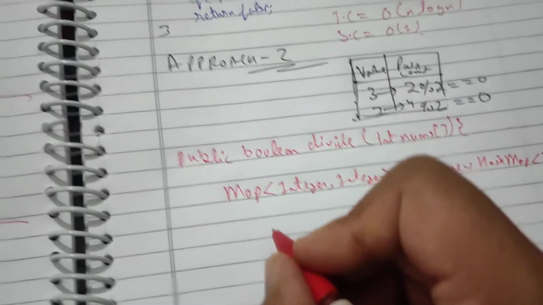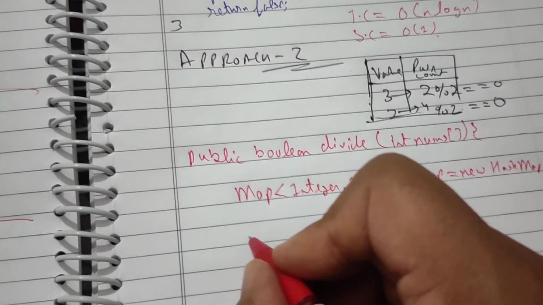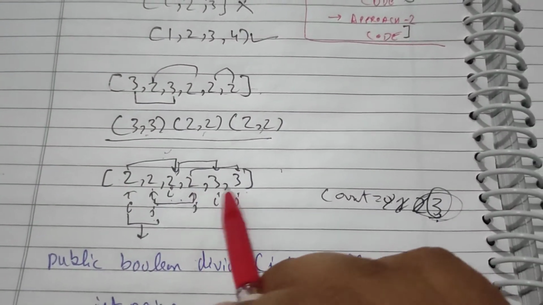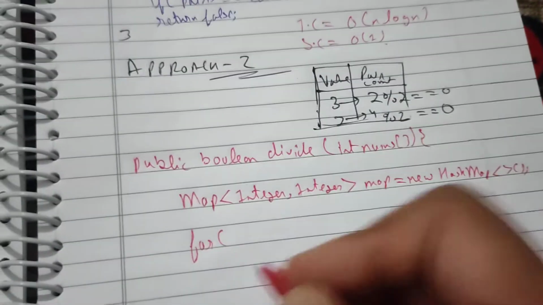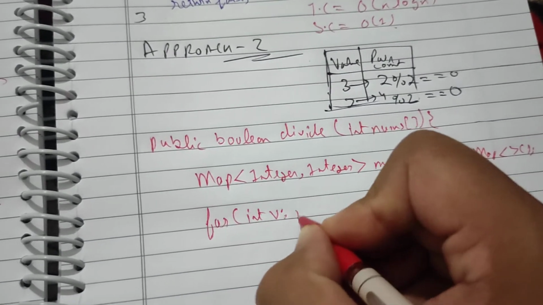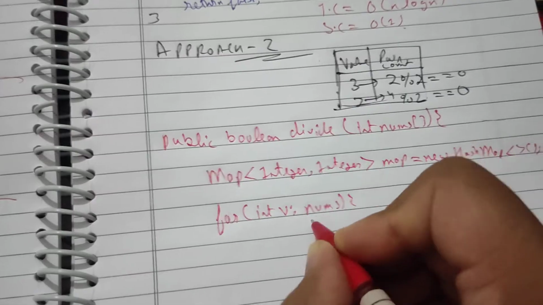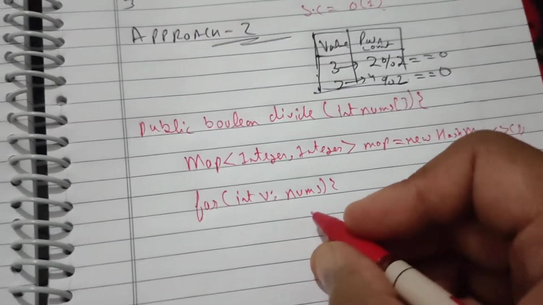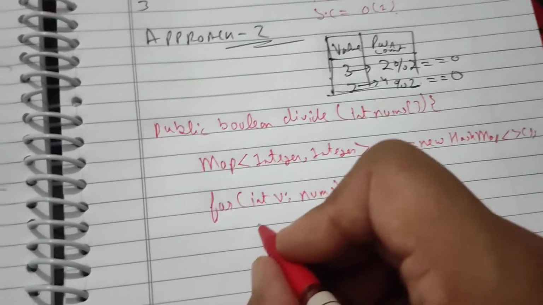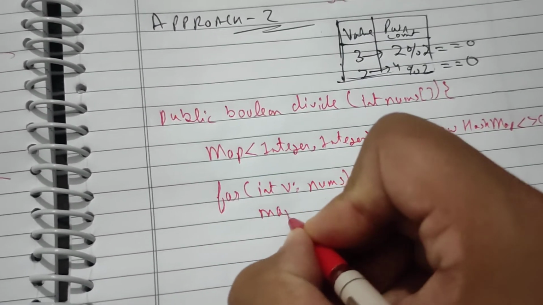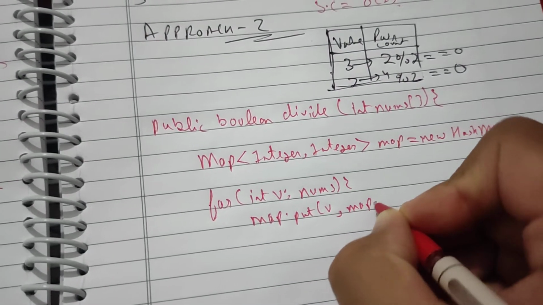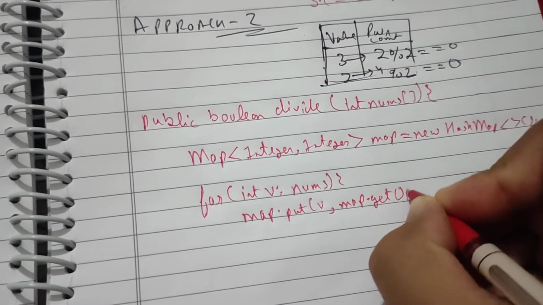Now what I'm gonna do, I'll simply fill this map. First of all, my job is to fill all the values of my array into my hash map. So I will say for int v in nums, I'm putting this nums value in my map. So we are using a for each loop. You can go with a simple for loop too, but for each is very simple. Then I will simply say map.put(v, map.getOrDefault